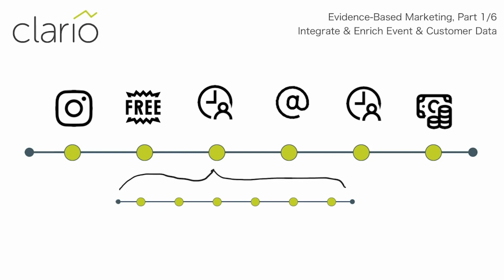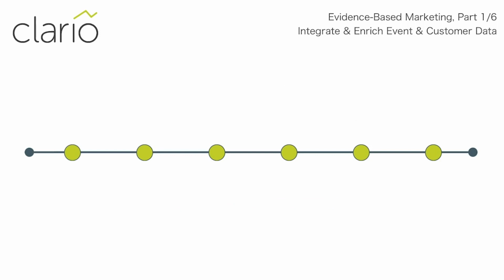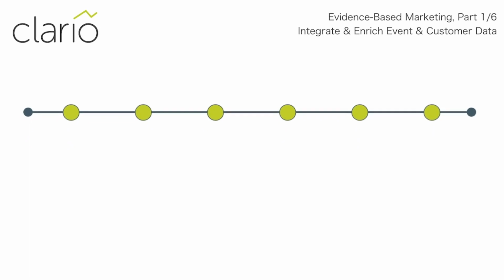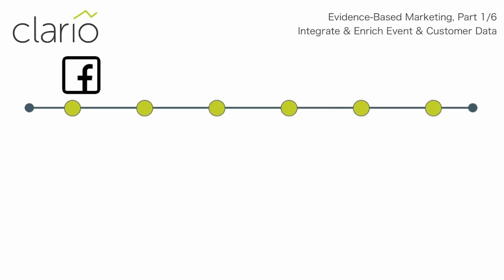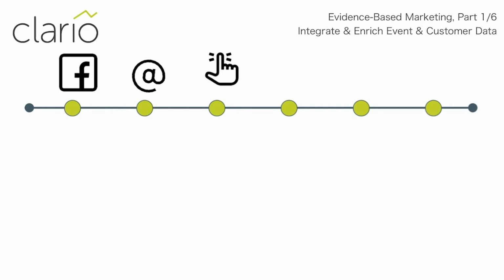So now that we have a foundational understanding of how to integrate, enrich, and structure the event data for your organization, let's take a look at how to use that event data to recreate a snapshot of every customer at any historic point in time. To get started, let's recreate the path to purchase that we used in the first example of this video. So we have someone who engaged with a Facebook ad, and then they were sent an email, and then they clicked on that email, and then they received a direct mail piece, and then they searched on Google, and then they converted